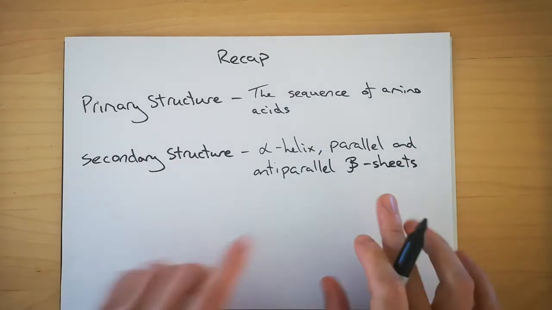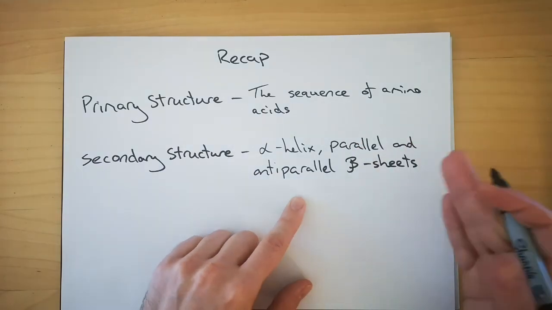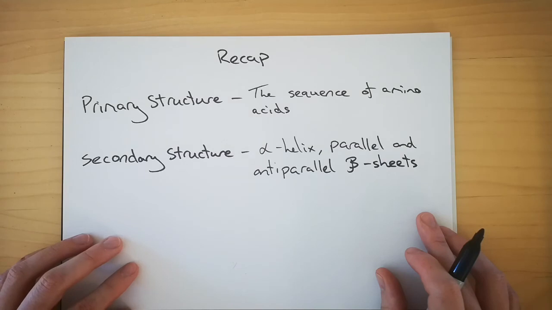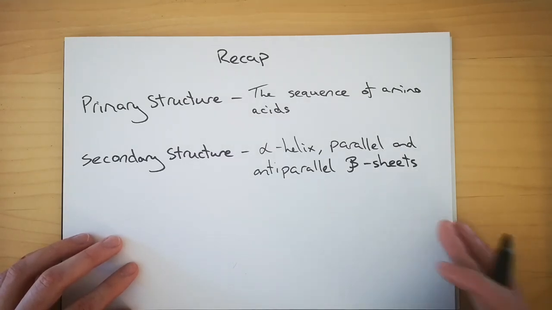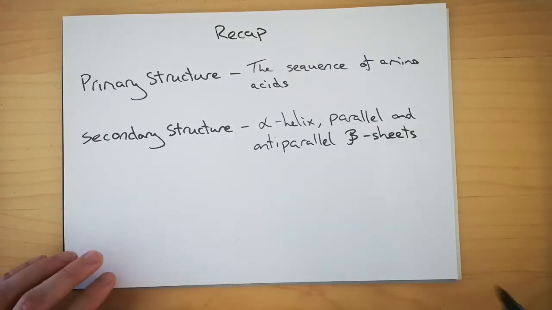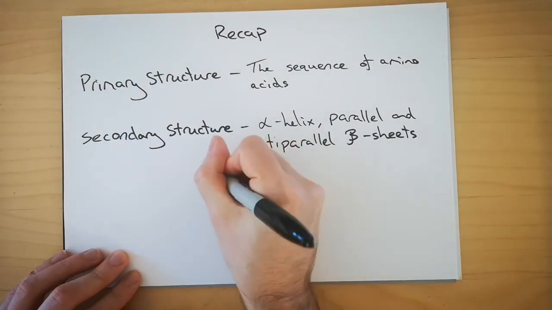So these form from the fact that we've got this specific sequence, and we'll see these in the next lesson fully, and we'll be able to appreciate what these look like, and we'll be able to talk about why they come about. Now, because of all the bonding